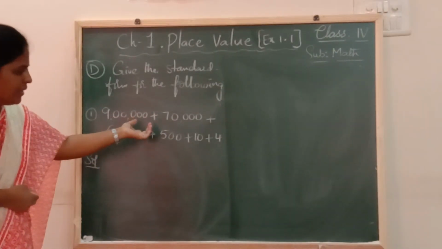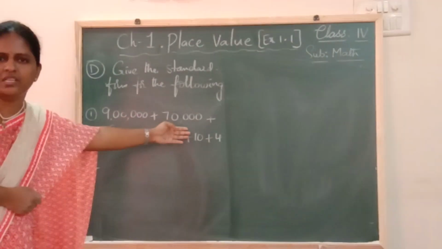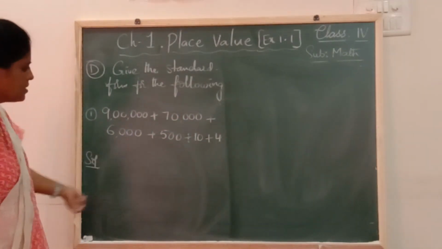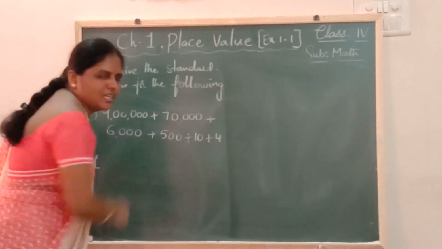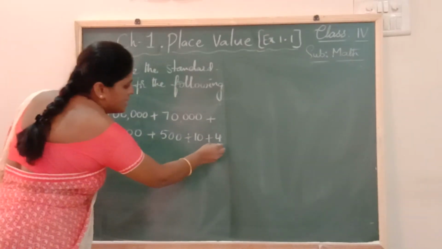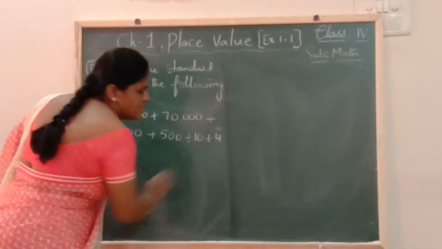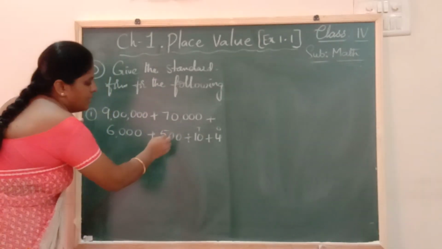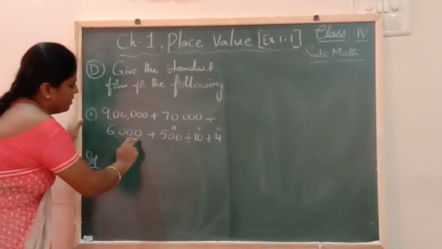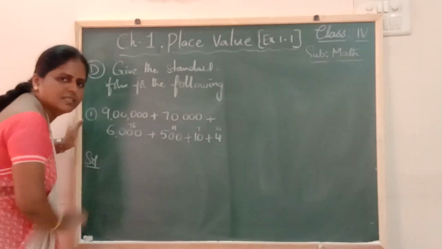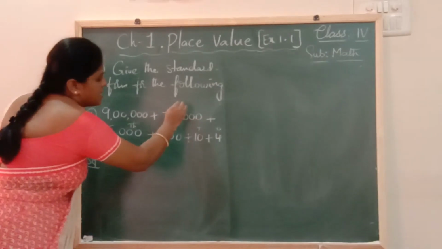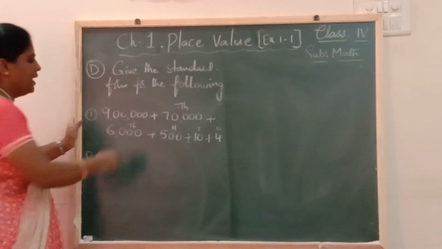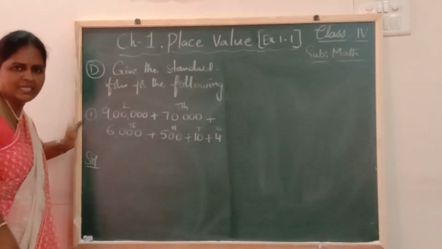Now first we need to observe the places here, children. Whether all the places are present or not. So let's start with the right side. Single digit, so it belongs to ones place. Next, 2 digits, tens place is there. 3 digits hundreds. 4 digits thousands. And then I have 5 digits, 10,000s. Then 6 digits, that is lakhs place. So all the places are present, children.